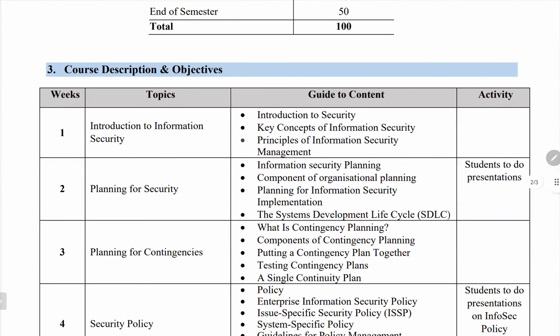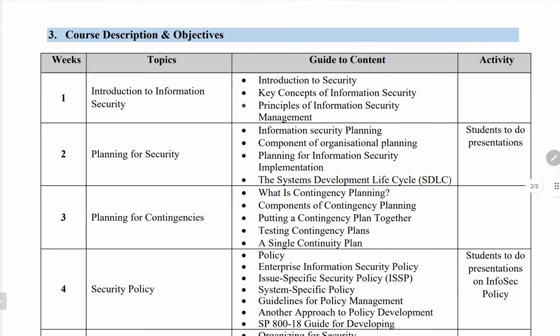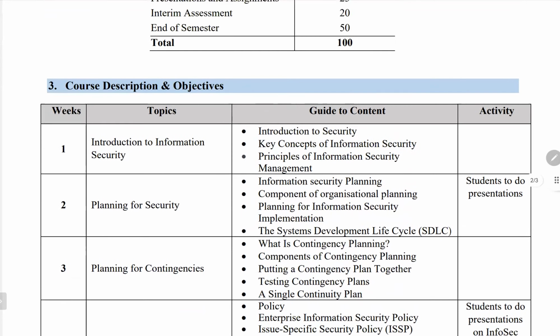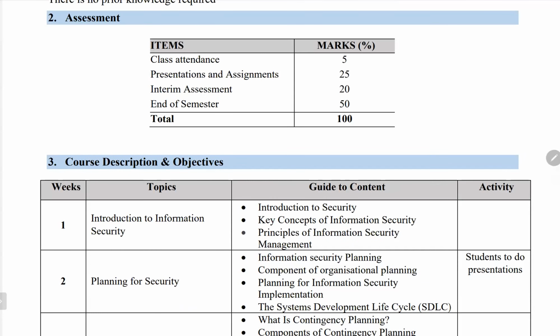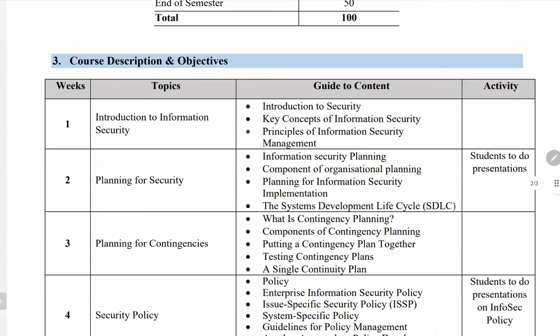So these are the topics we are going to look at this semester. So please, any question up to this stage? Let me know if there is a question, then I can handle that before I move on to the next stage. Please, is there any question? The class has no question for now. You don't have any problem with the assessment? No. All right. So now move on.